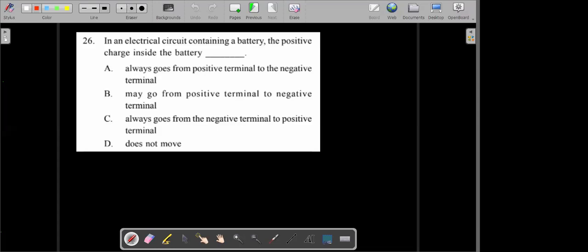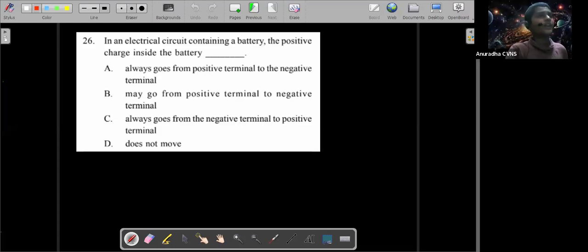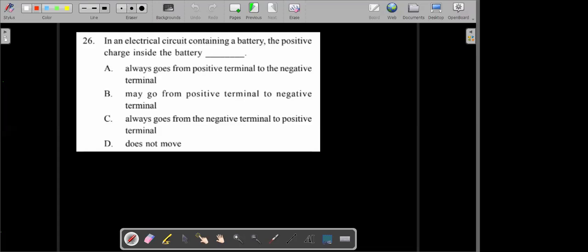Again, think of it. Sir, it's C, sir. Is it C? Yes, sir. Sir, but they are asking about the positive charge inside the battery, sir. They are asking inside the battery. Okay. So to understand this inside the battery,